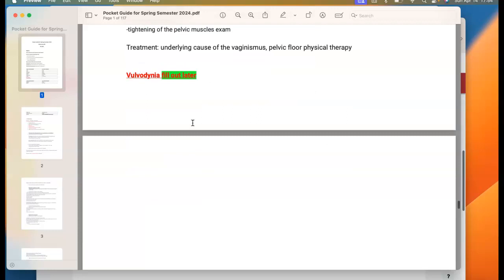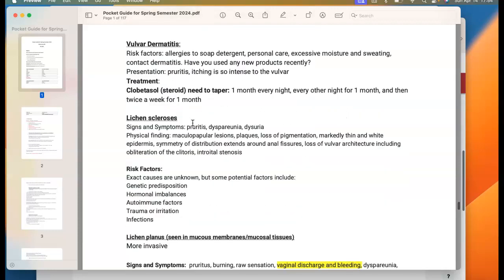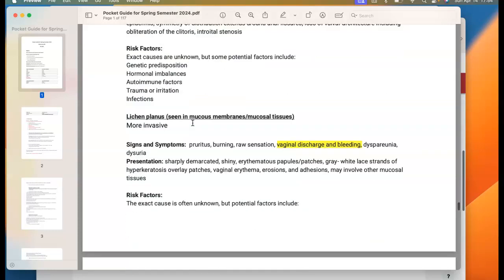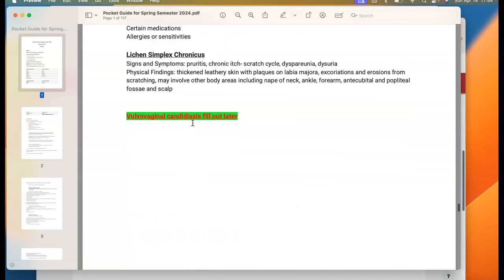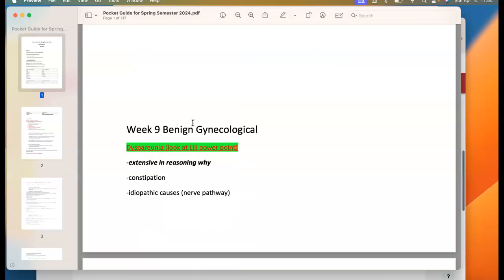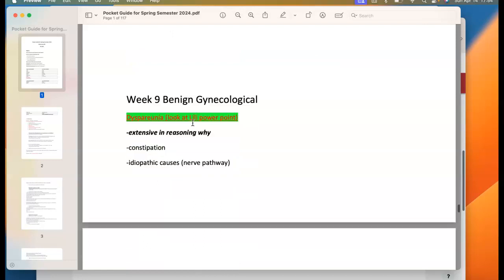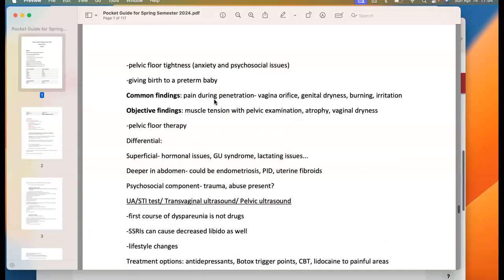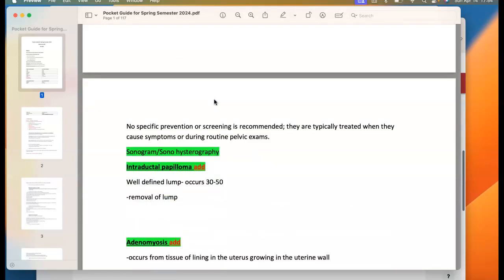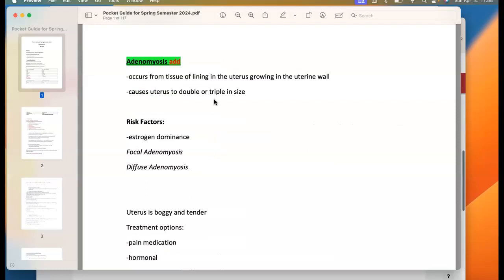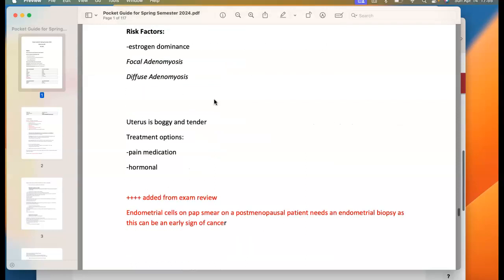I had vaginismus, vulvodynia, vulvar dermatitis, lichen sclerosus, lichen planus, lichen simplex chronicus, and then benign gynecological conditions, I have dyspareunia, and then cervical polyps, adenomyosis,